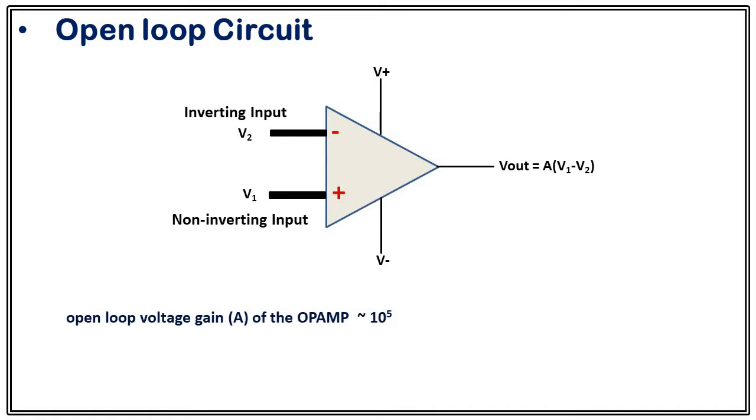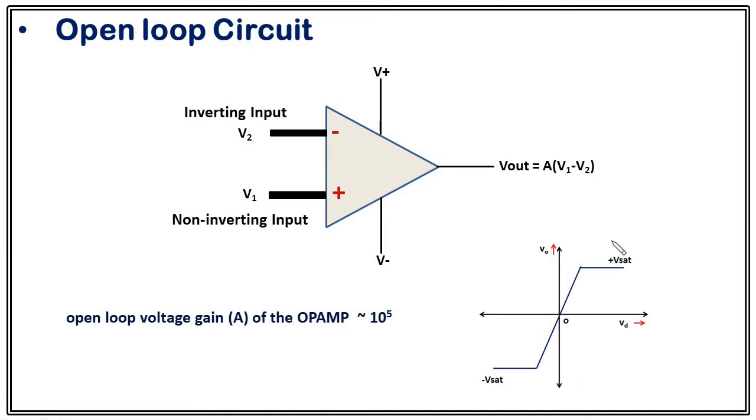As the gain is so high, even if you apply a small input voltage, you will always have a saturation voltage at the output. This is the voltage transfer characteristic in the case of an open loop circuit, which I also discussed in the previous lecture. If you apply a VD, with the increase of VD, the output voltage will increase and finally goes into the saturation region. Because A is so high, even if the voltage difference is small, V out will always be in the saturation region. That is why this open loop circuit has very few uses.